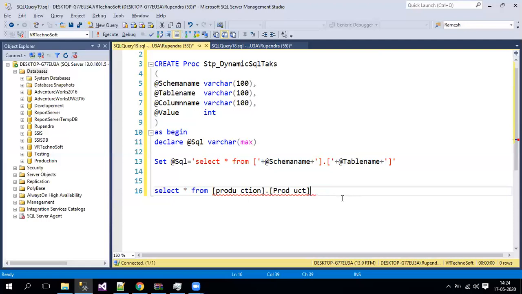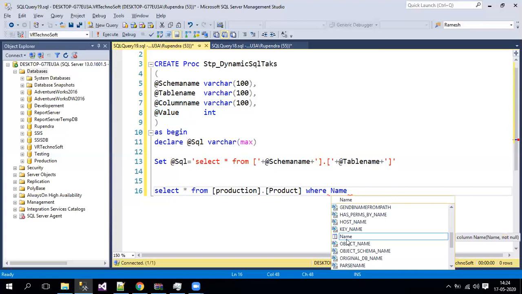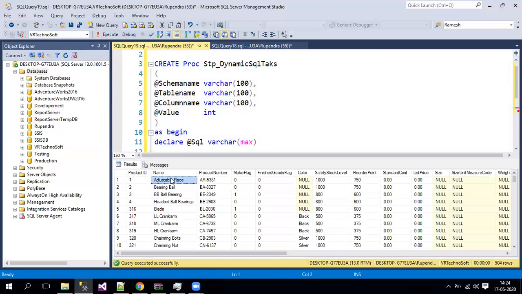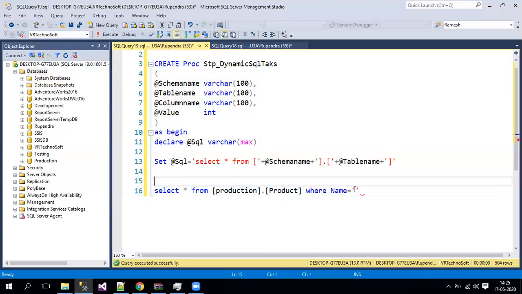Now this is a simple select query, but they are also mentioning that they will pass a particular column name and the value as well. So based upon that, we also need to do the filtration. Let me write a static query, and then based upon that, we'll build a query. As of now, there are no spaces, so my query will come like this. Now for an example, we have a column called name. So product name equals single quote, and let me pass some product name. Let me check. So copy and then just paste it over here.